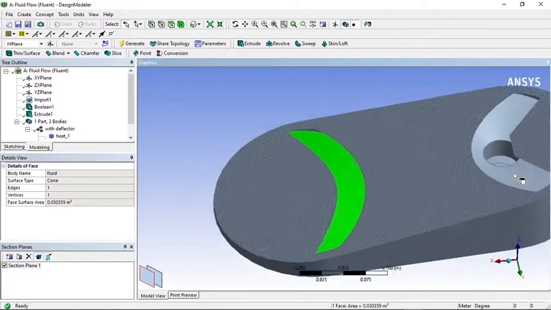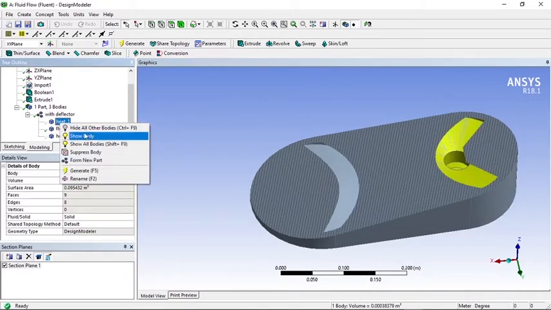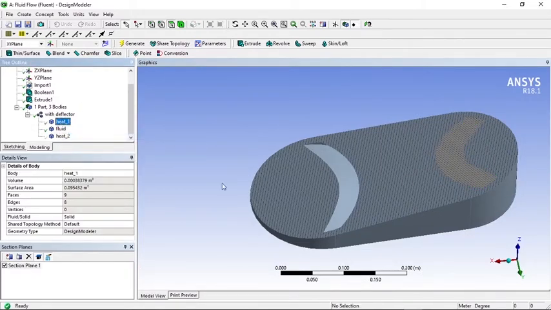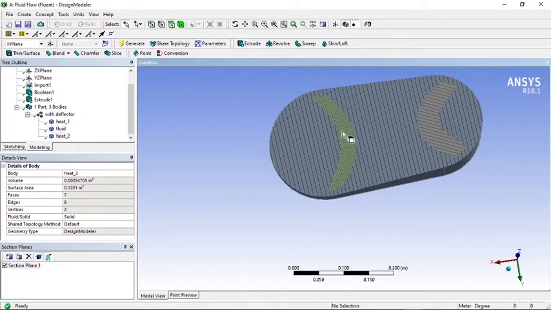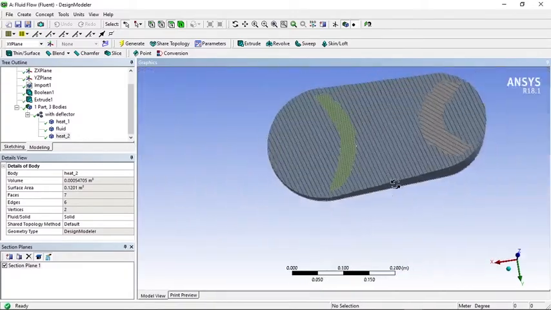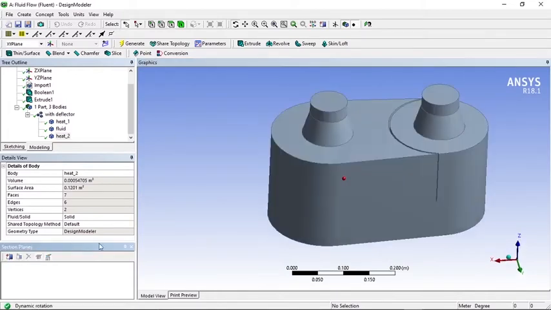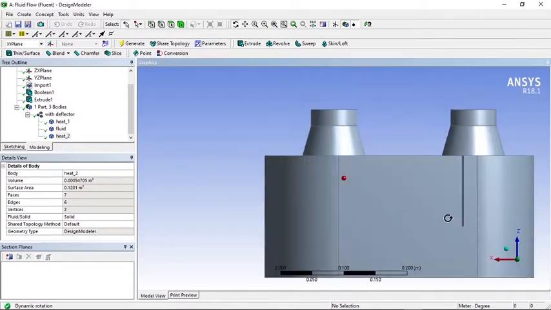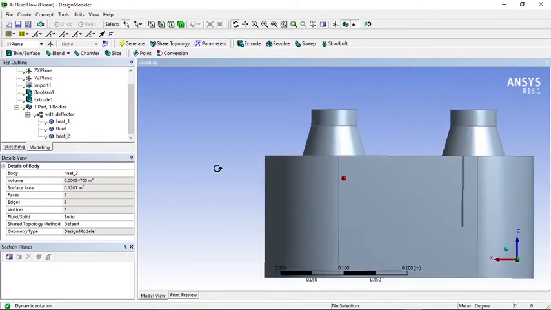I can select this space, and if I show this, it gets highlighted in a different color, which means that there are separate bodies, that is, there is a contact surface between the two bodies. This is the main important thing that you need to keep in mind while performing a CFD analysis, that is, you need to separate the solid and the fluid domain.